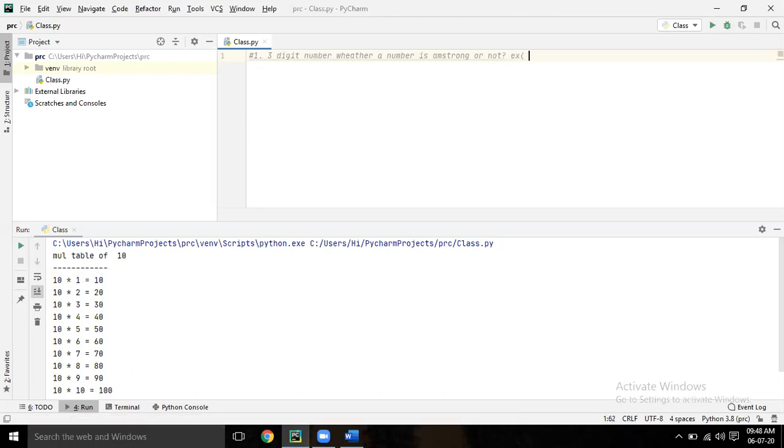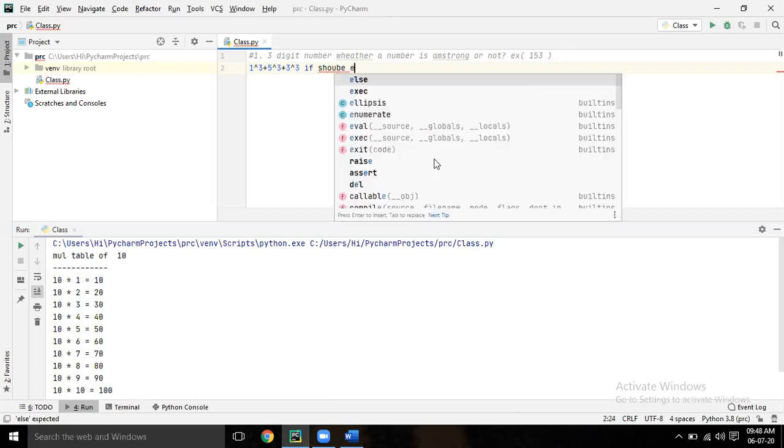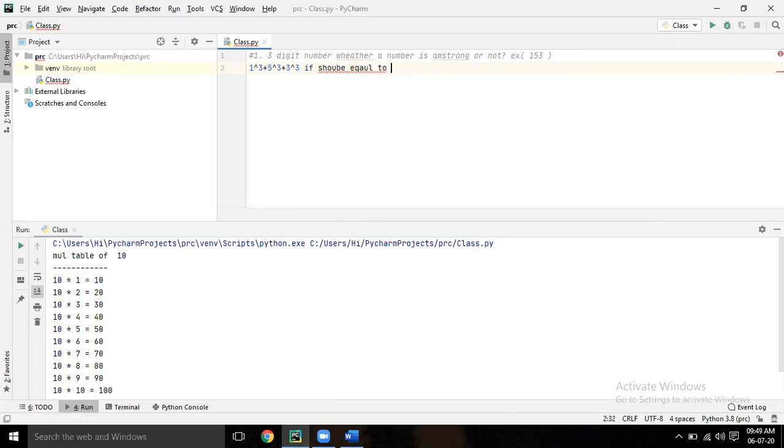If you cube all the digits, that means 1 cube plus 5 cube plus 3 cube, it should be equal to the original number. Then that is an Armstrong number. This is an intro question.